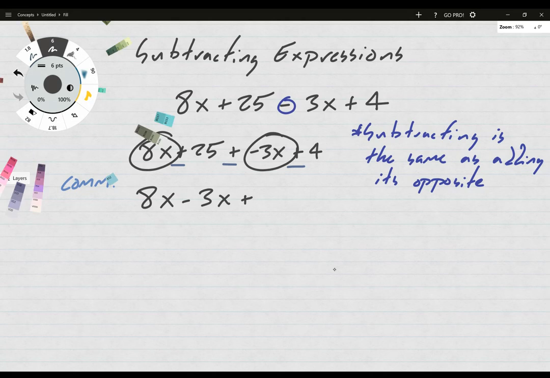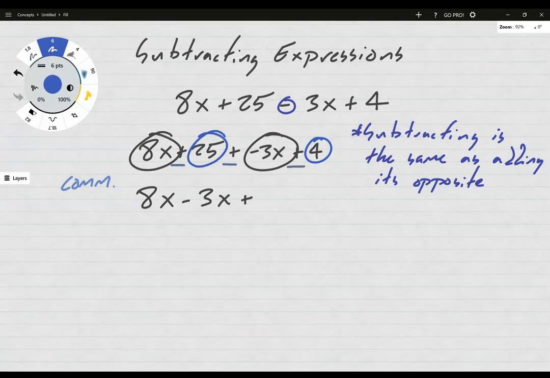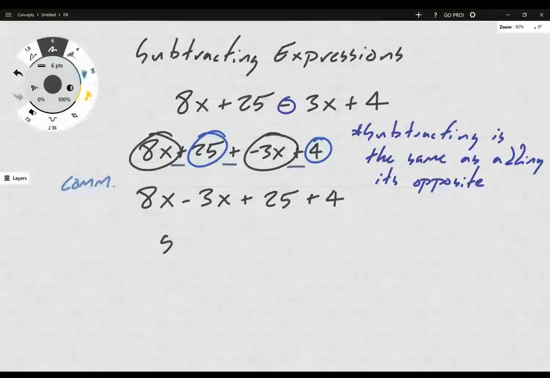Now I'm just going to move my constant terms next to each other. Positive 25, positive 4. So plus positive 25 plus 4. Now that I have my terms next to each other that are common, that are alike, I can just add and subtract them. So I have 8x subtract 3x. All I have left is 5x